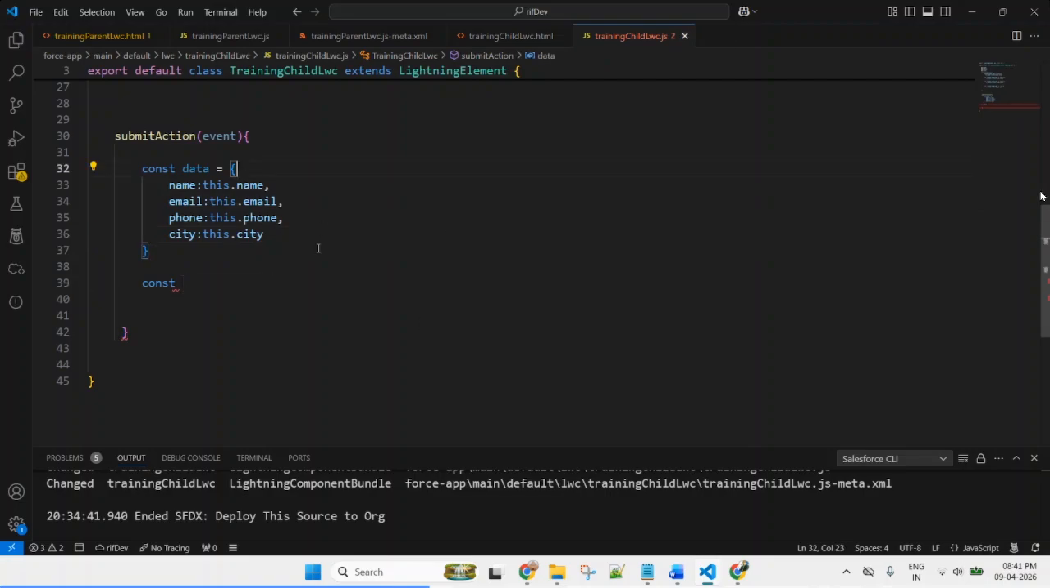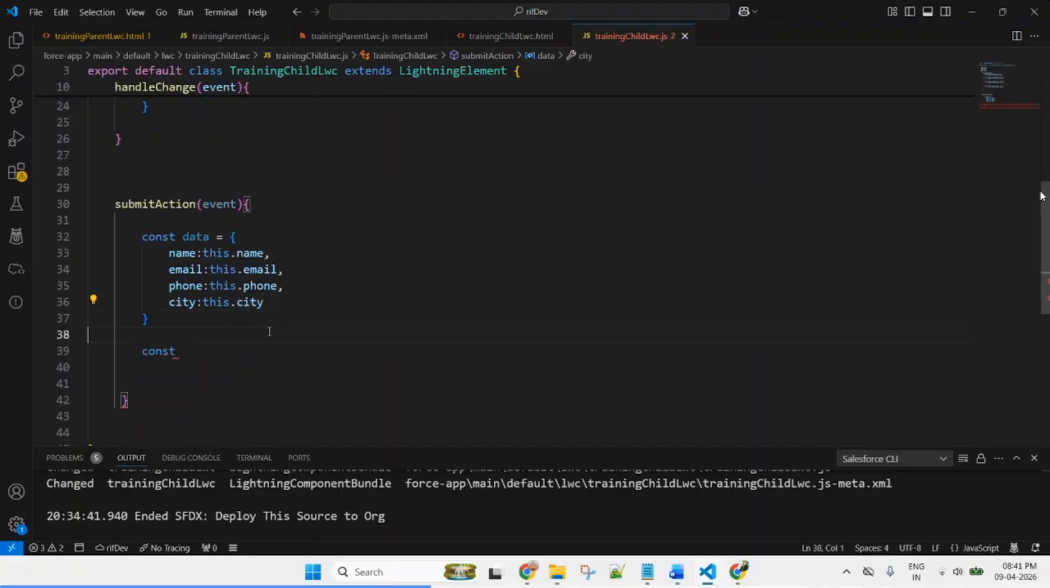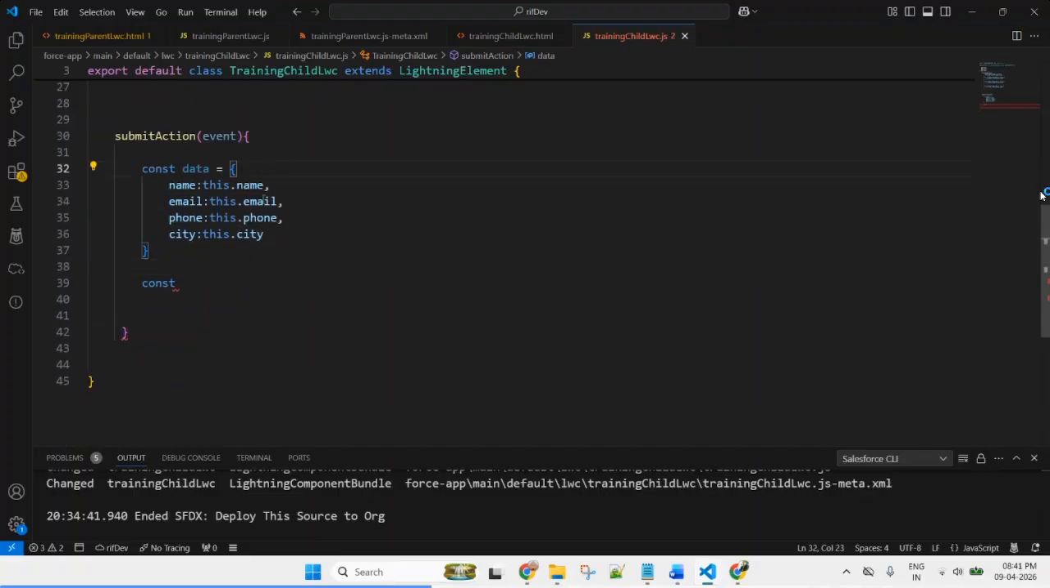Because it is an object, and don't forget to remove from the last one. Okay, so first I created an object and passed the data. Now I created a custom event and dispatch event. So, a constant variable. And now the name of the event is